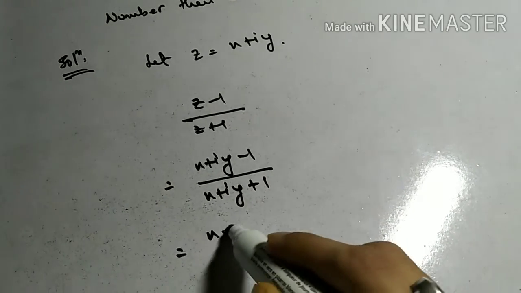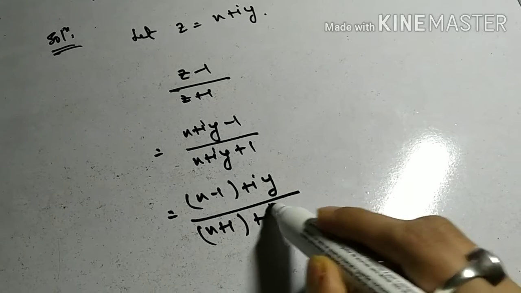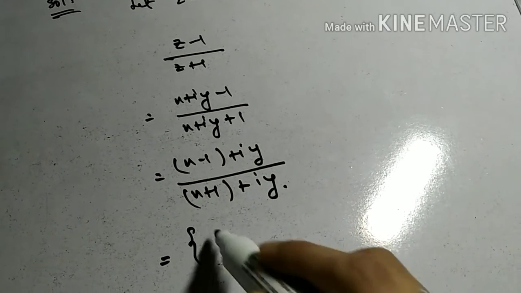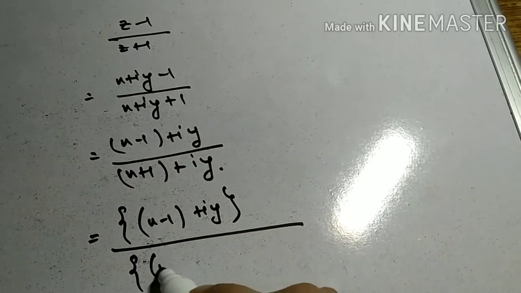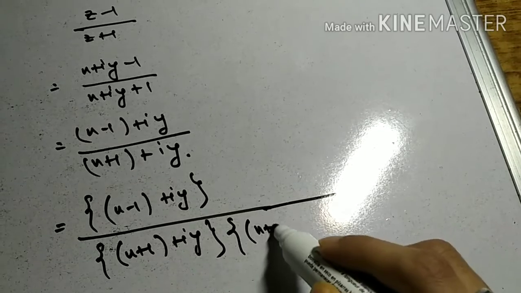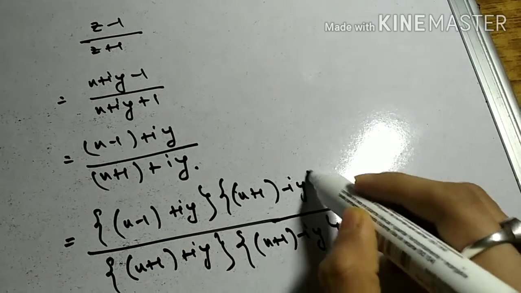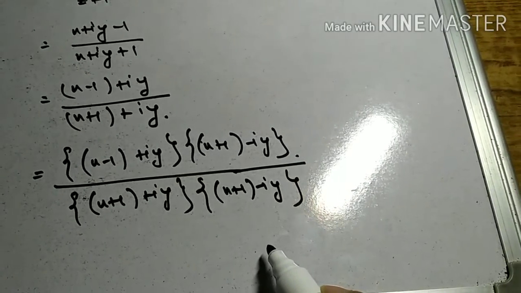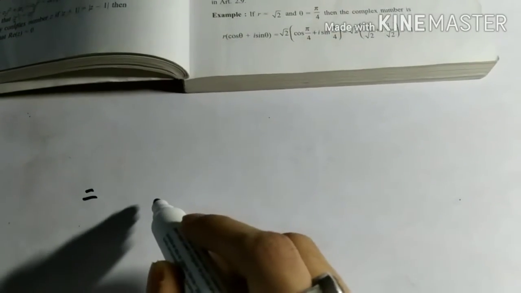This one is equal to, I can write it as, (x minus 1 plus iy) by (x plus 1 plus iy). Now I will multiply both numerator and denominator by (x plus 1 minus iy). So this will give me, let me write it in here,